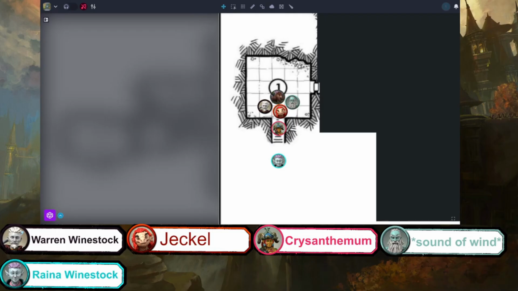So, it makes a con save. What you see is you put your hand out, and this puff of gas fills its face, and it kind of shakes its head, and it looks as if you've blown in its ear. It doesn't seem affected a whole lot by the poison. You have a bonus action and a movement left on your turn.